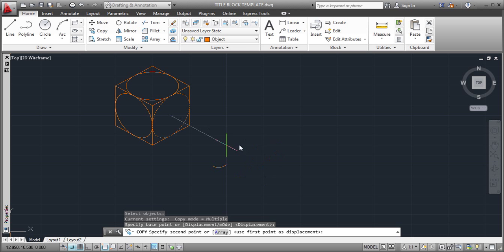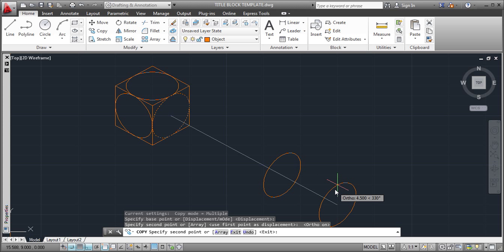Now if you didn't want to use your snaps and you wanted to be more accurate, because see I'm still using my snaps, but notice how it's off in a different direction, I can turn on my ortho mode, which is hotkey F8 to turn on. Left click on that, and as I drag in the direction that I would like to take this, it will only go in the orthographic projection of the right plane. So coming in this direction, I can left click to drop that iso circle,